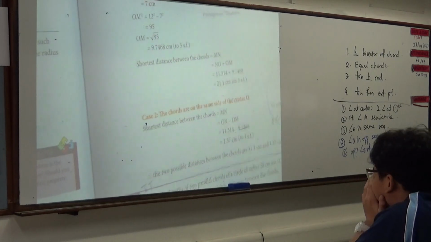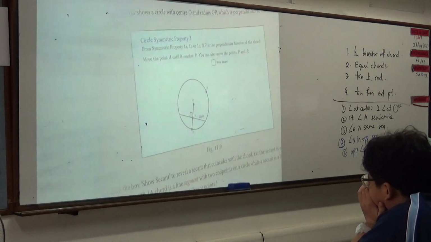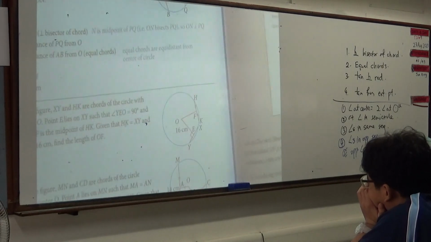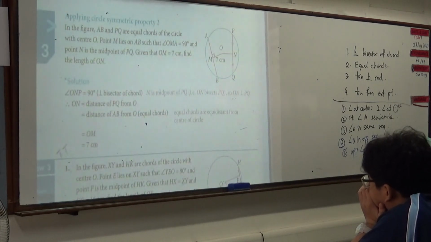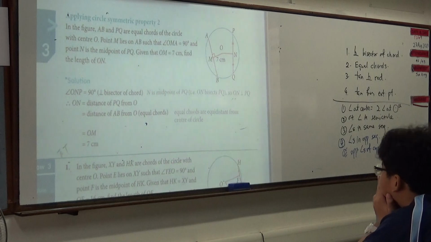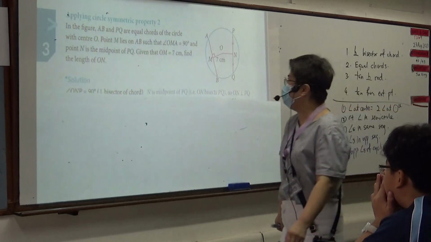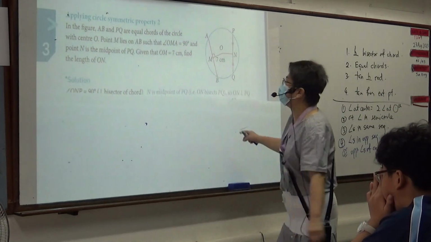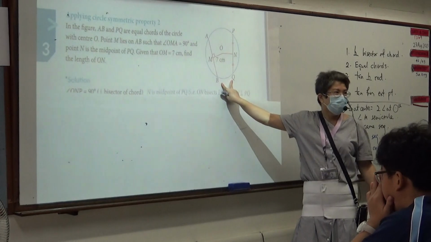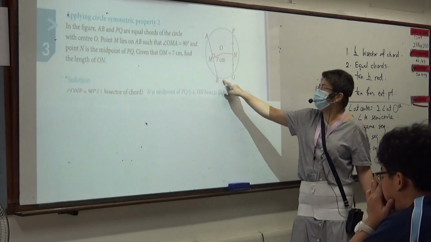Now let's try example 2. Next. Example 3. This one is very simple. All of you look here. In the figure, AB and PQ are equal chords. They only tell you these 2 are equal. Look at the box, please. If these 2 are equal, that means